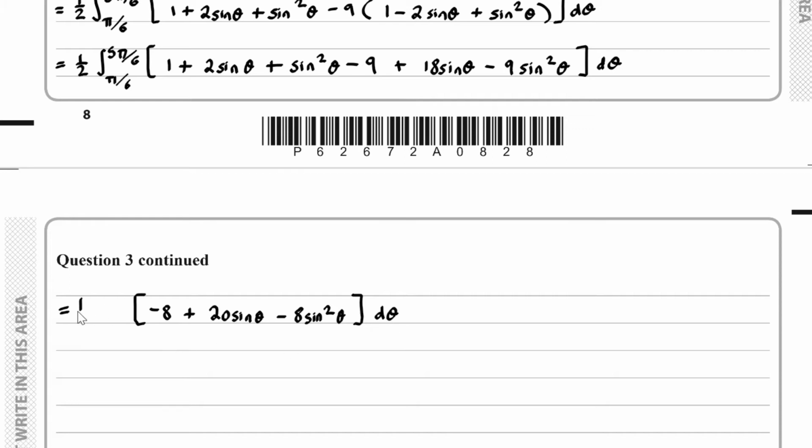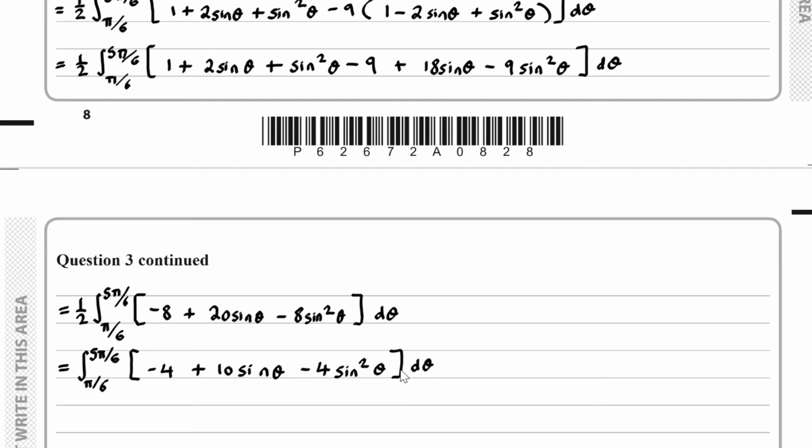So we need to evaluate this in between pi over 6 and 5 pi over 6. And if I multiply the half into here, we've got the integral between pi over 6 and 5 pi over 6 of minus 4 plus 10 sine theta minus 4 sine squared theta